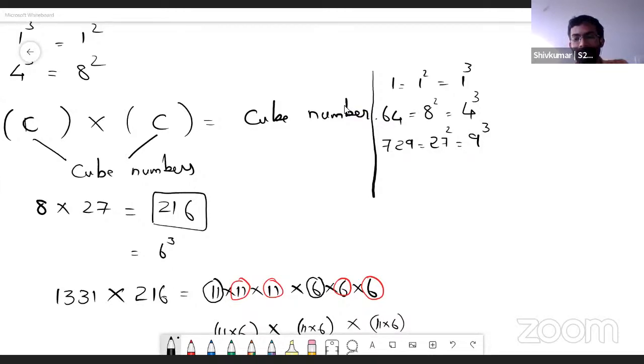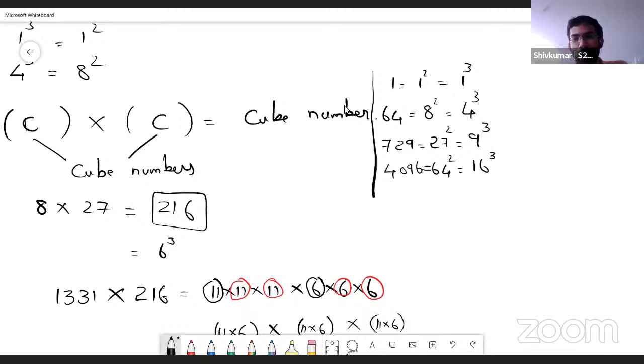Sir, I also found out another one, which was 4 cube into 4 cube equals 4096. Sir, 4 cube is 64. When we calculate both 4 cubes, we'll get 64. Then that will be 64 square, and then that will be 4096. Great. And what cube is it? Sir, it's the cube of 4. 4 cube is 64, right? Yes, sir. It is the cube of 16. Yes, of 16. Very nice, very nice.